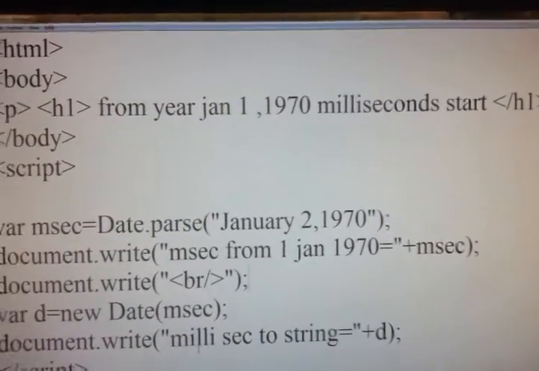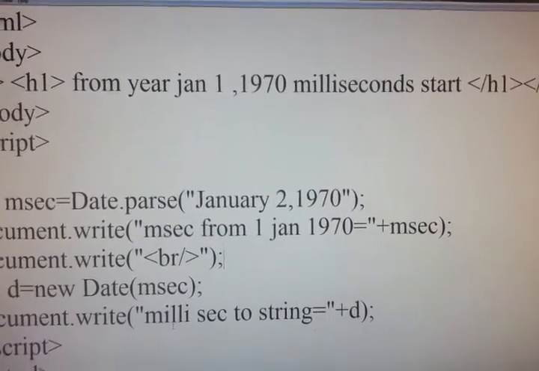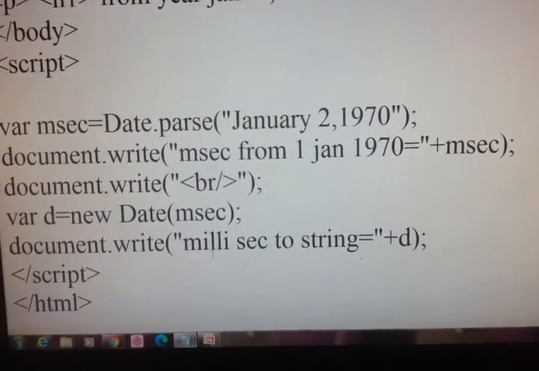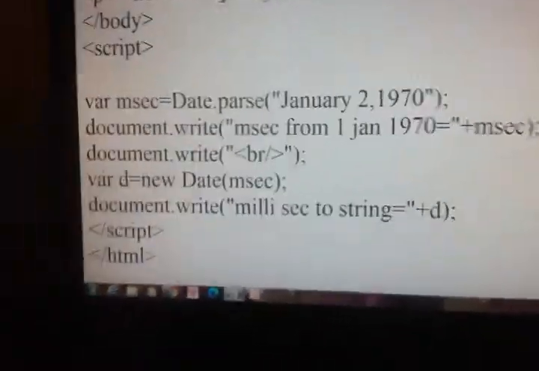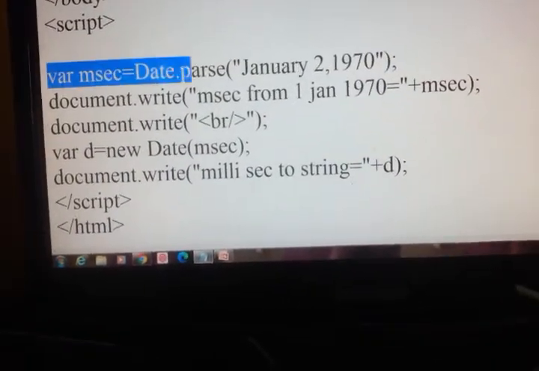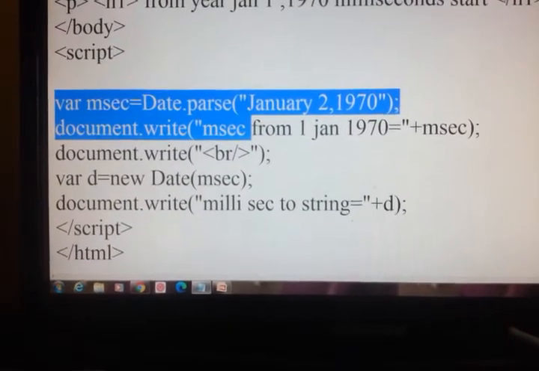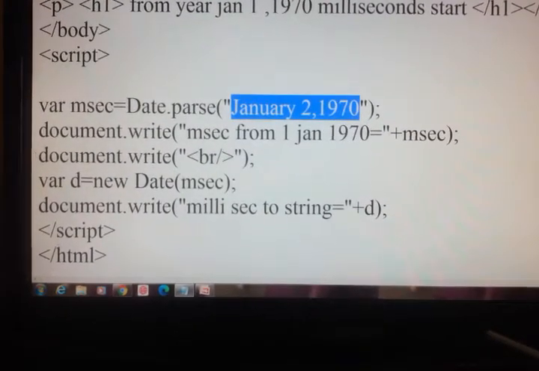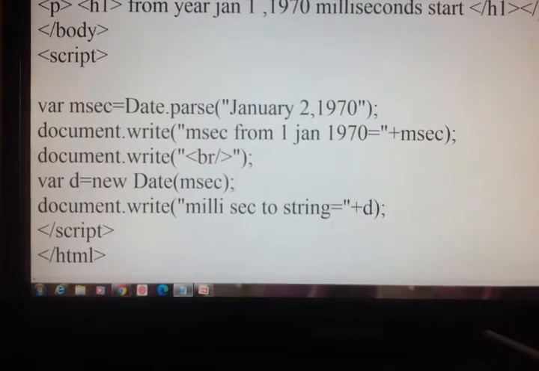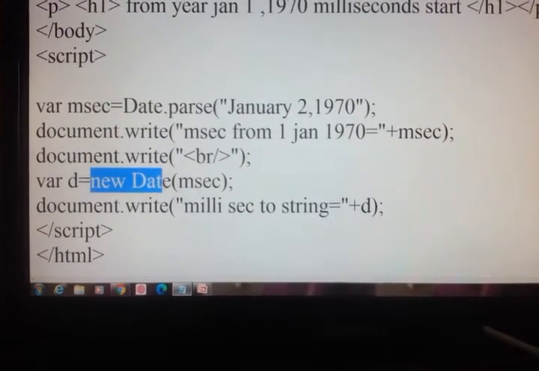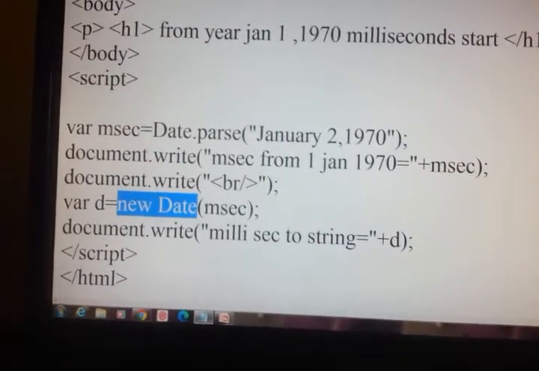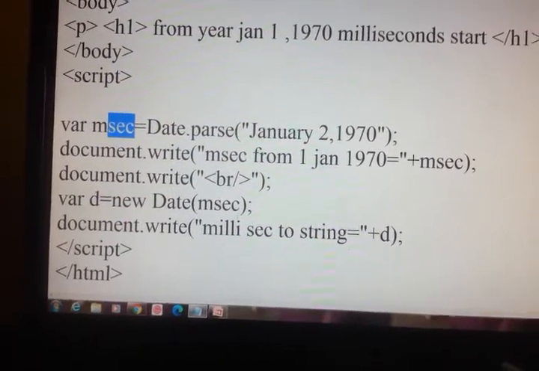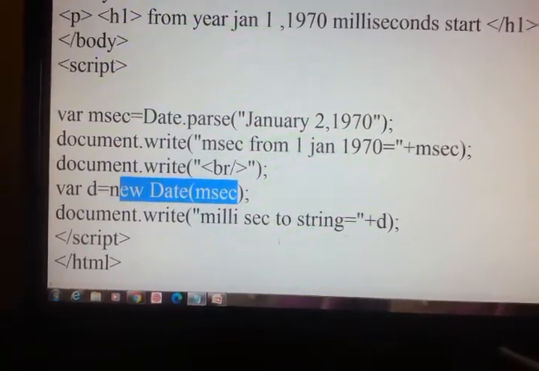So this is converting milliseconds into a string. Date.parse converts our date to milliseconds, and when we use new date and pass this parsed date stored in msec as a parameter, I get the complete date.